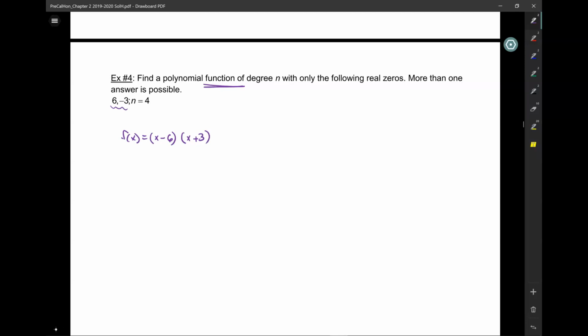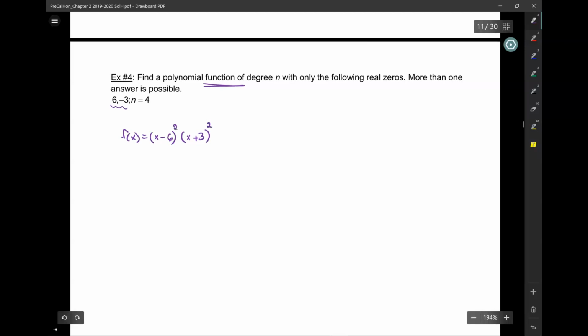Now I have to deal with the degree. I need this polynomial function to have a degree of 4. And right now, what's the degree so far? 2. So I have a couple of choices. One thing is this, right? That's one possibility. What's another possibility? Right, x minus 6, x plus 3 cubed, okay? Another possibility,